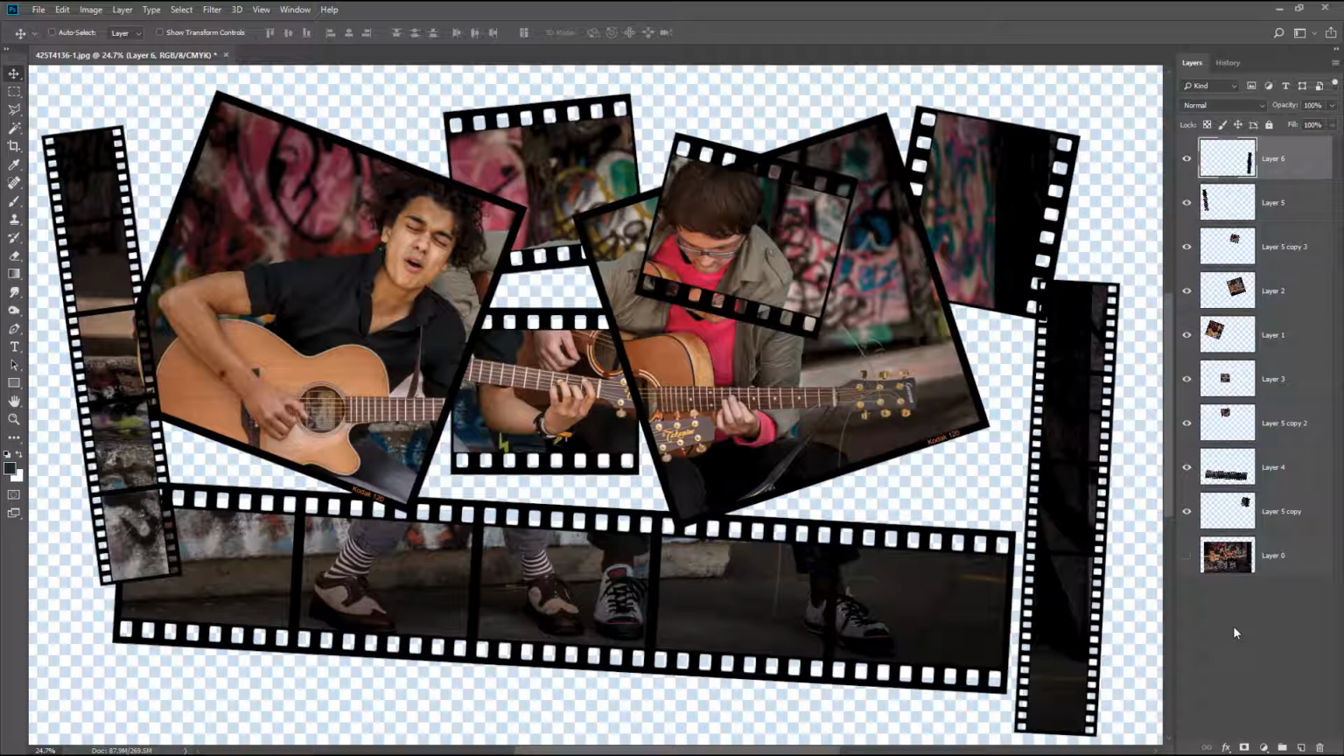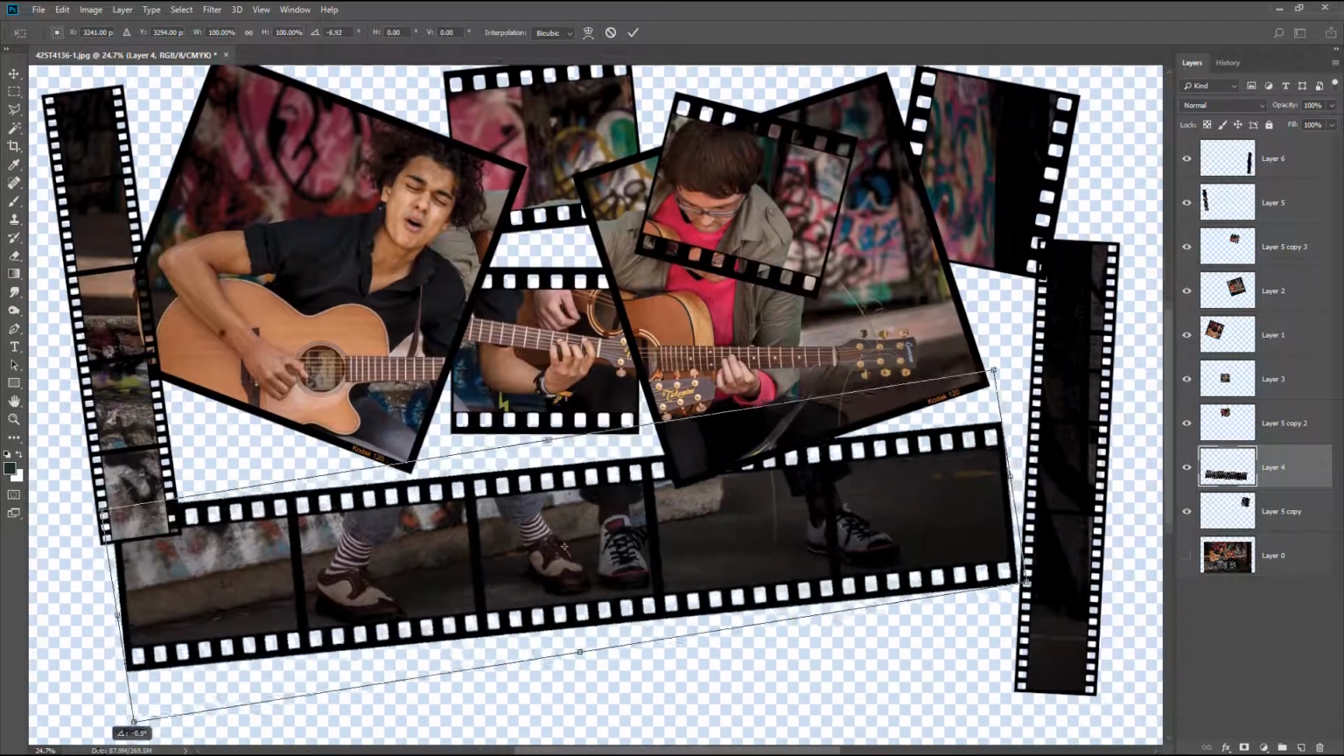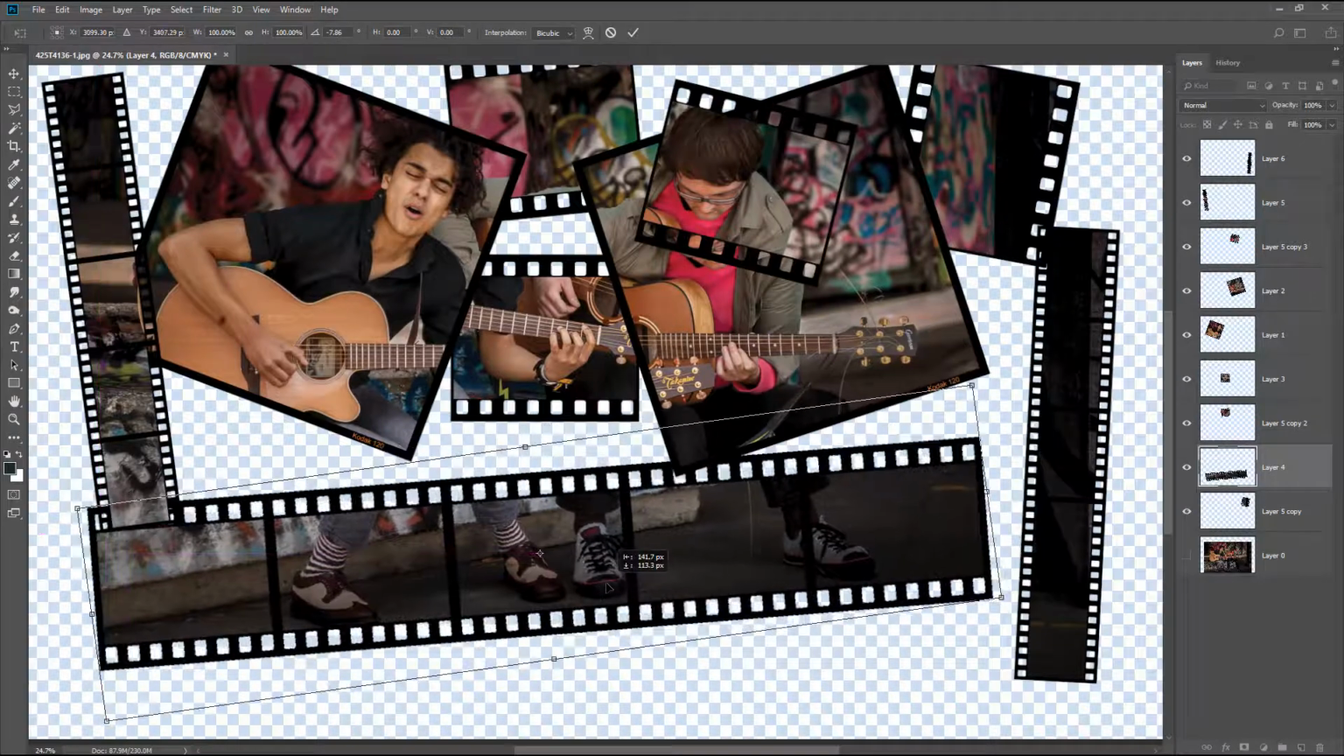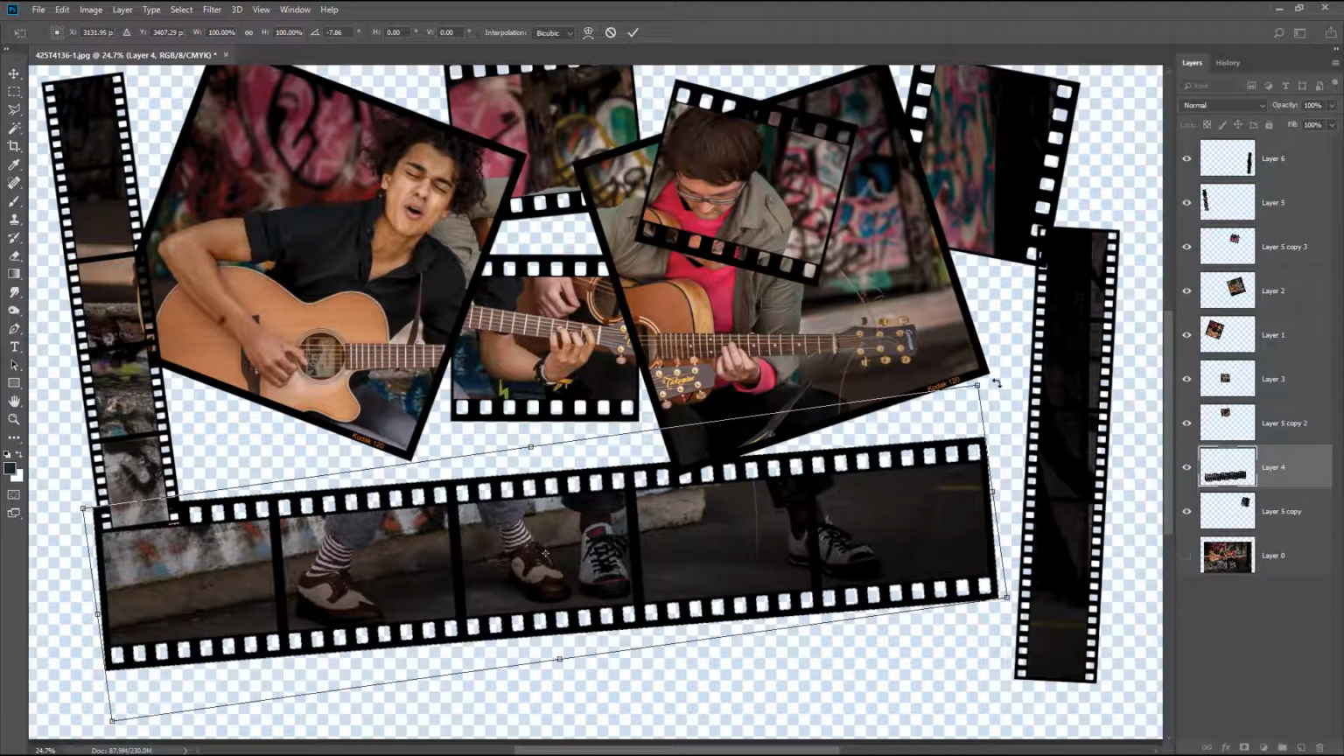Now I wonder if I can address that by just tilting that bottom strip of film. So if I select it from the layers here and hit Control T to bring up my free transform tool, maybe I can just rotate that and maybe even just move it a little bit, maybe a little more that way,